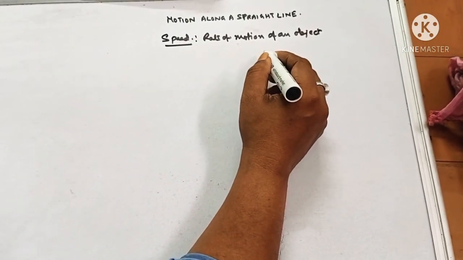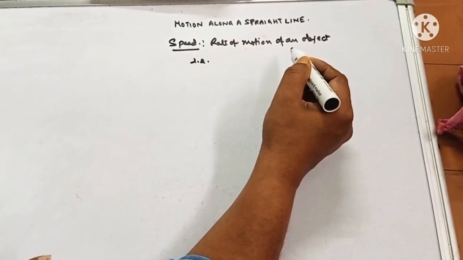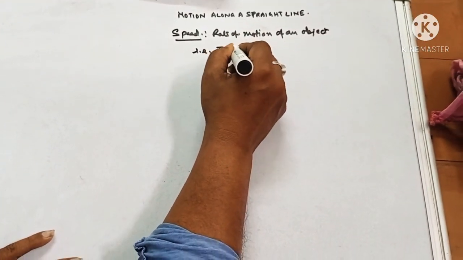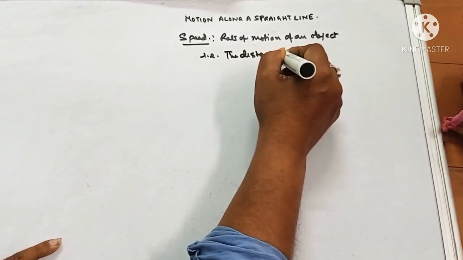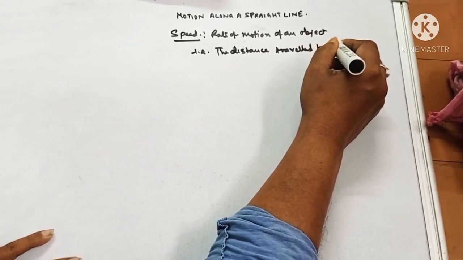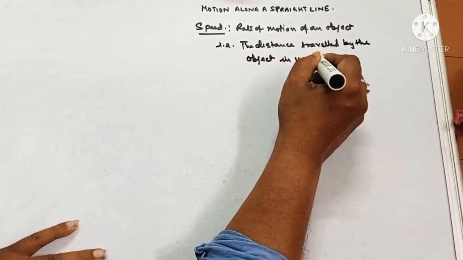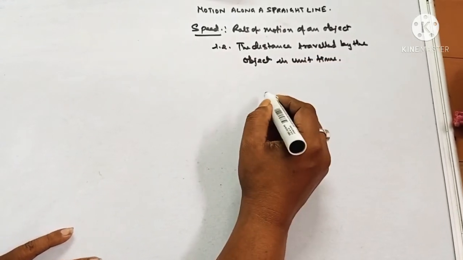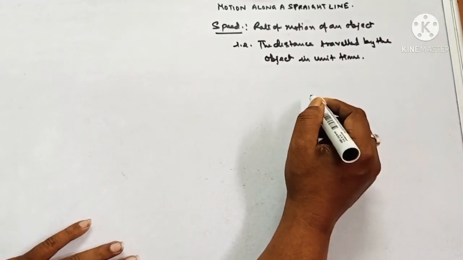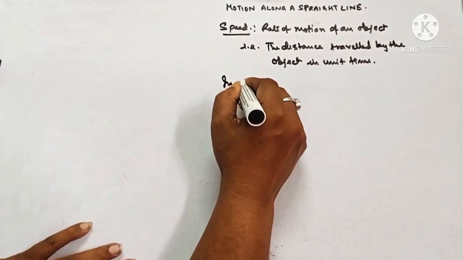And the rate of motion of an object, that is the distance traveled by the object in unit time. Speed is the rate of motion of an object, that is the distance traveled by an object in unit time. But practically, in most cases, what we find is that